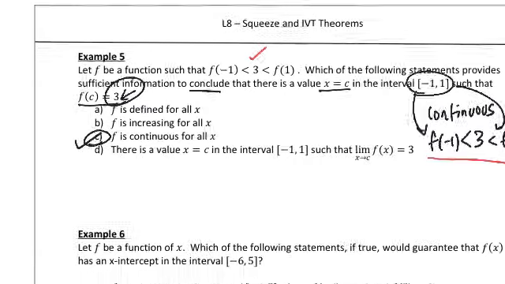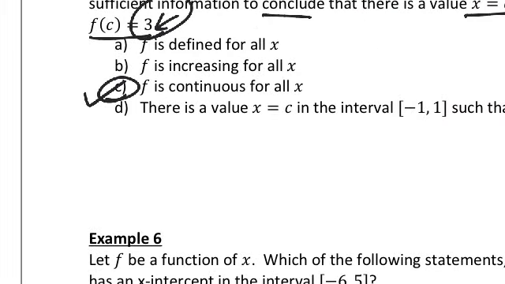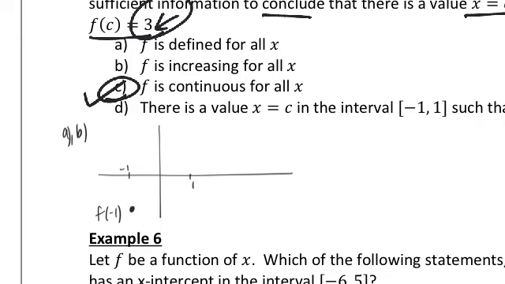And if you're wondering why A and B are not sufficient reasons, I'm just going to draw a quick picture here to disprove A and B. You could have a function that looked like this, right? At -1, f of -1 could be down here, and then f of 1 could be somewhere up here. 3 is somewhere in between those two values, right? But if the function did something like this,